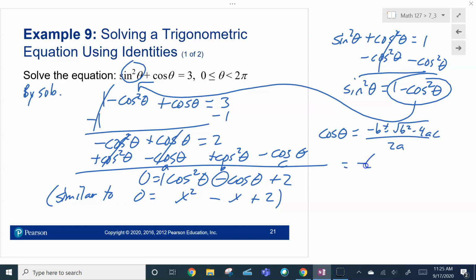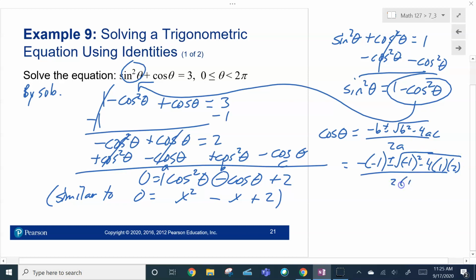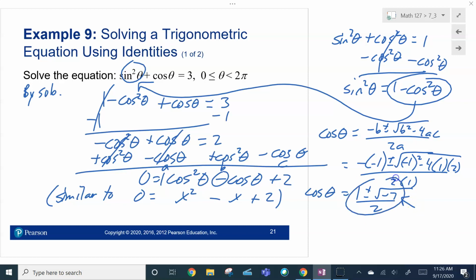So we got negative 1, right? Our b is negative 1 in front of that cosine coefficient there. Plus or minus square root of negative 1 squared minus 4 times a times c is 2. This is all over 2 times a. So I got 1 plus or minus the square root of 1 minus 8, so I got negative 7 under there. So the cosine of theta is 1 plus or minus, well, this is a square root of a negative number. I got a complex number here, right? This is a complex